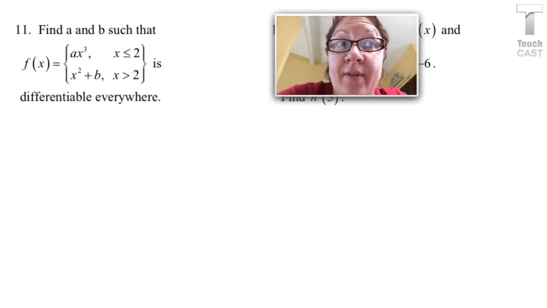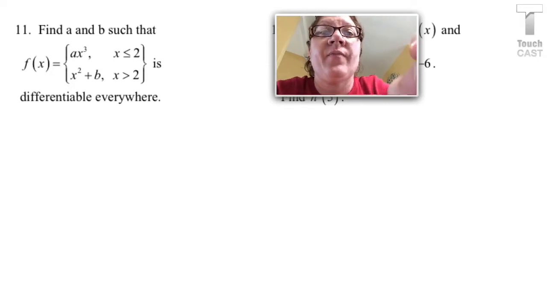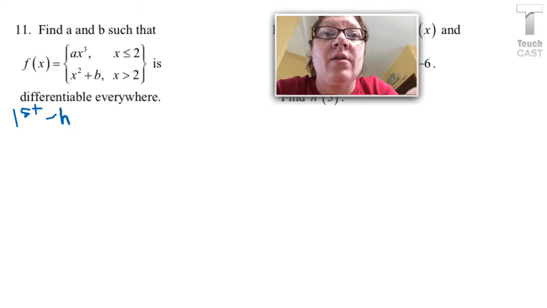Oh boy, we saved the best ones for last. Now they get fun. Okay, so if I'm trying to make this piecewise function differentiable everywhere, the first thing is it has to be continuous. So if it's going to be continuous, when I look at that, I raise an eyebrow when x is 2